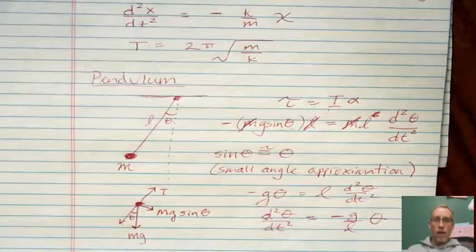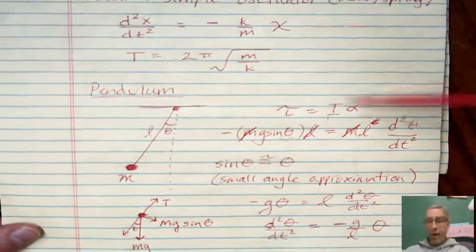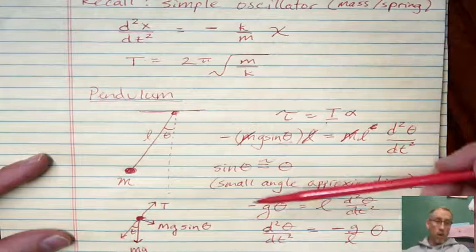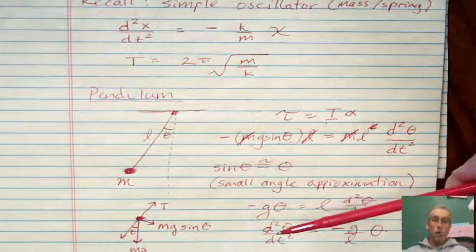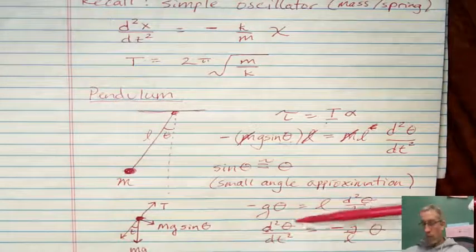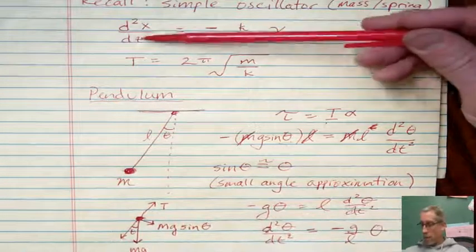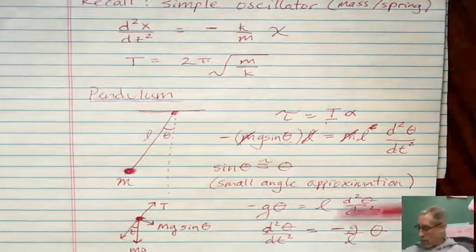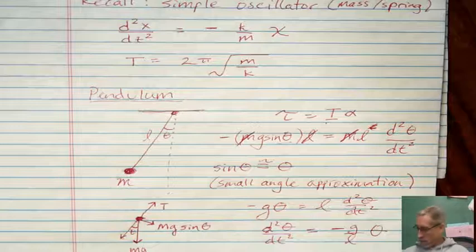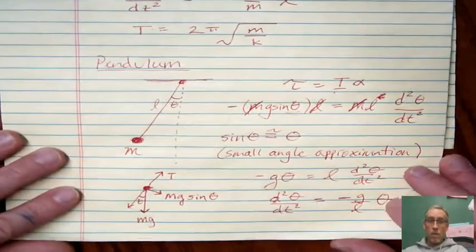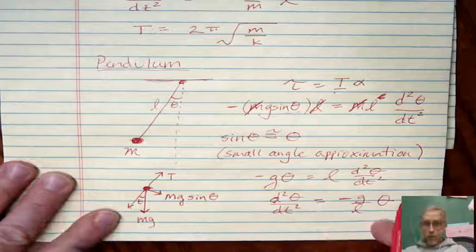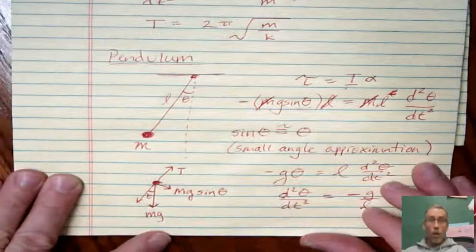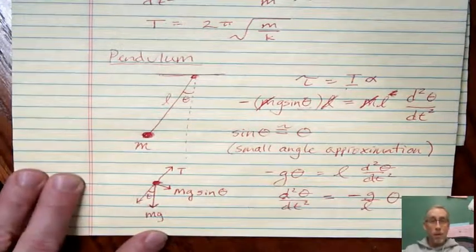Now, why do I want it in that form? Well, it's because of what I reviewed with you at the beginning. Do you see that although these are not identical equations, the forms of the equations are identical? The only difference here is we're using angular position, theta, and up here we used regular old x, kind of a linear position. But everything else is in the same form. Okay? The significance of this means that the way to describe this simple pendulum is the same way we described a simple oscillator with a mass on a spring, which means we should be able to express a period for